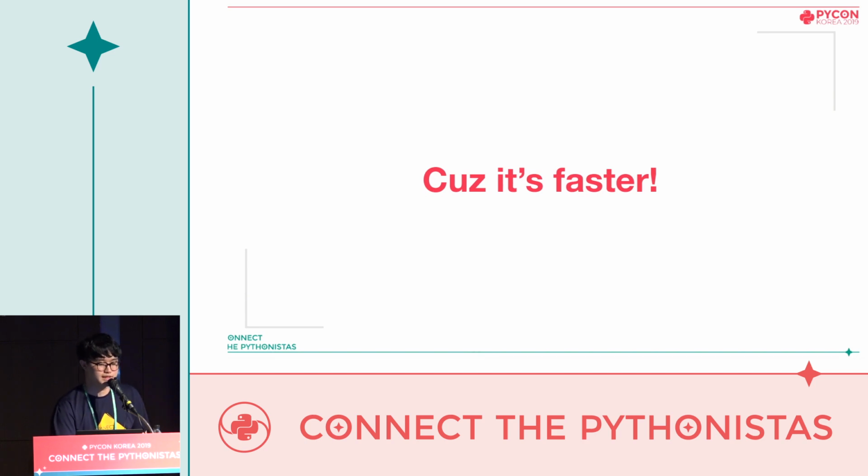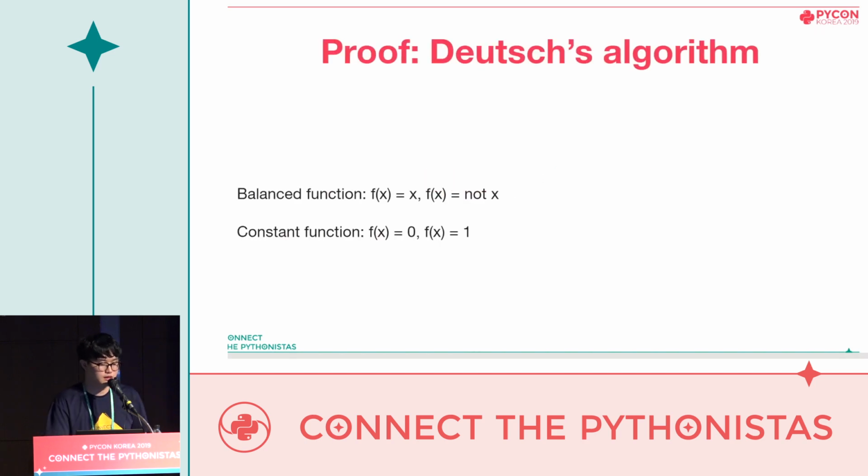And one of the examples to prove this is an algorithm called Deutsch's algorithm. This algorithm, made by David Deutsch and Richard Jozsa in 1992, solves what's called a balance problem, in which the goal is to figure out whether the function is balanced or constant by only looking at an input and an output.